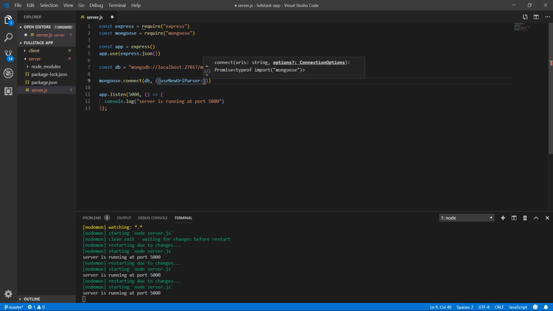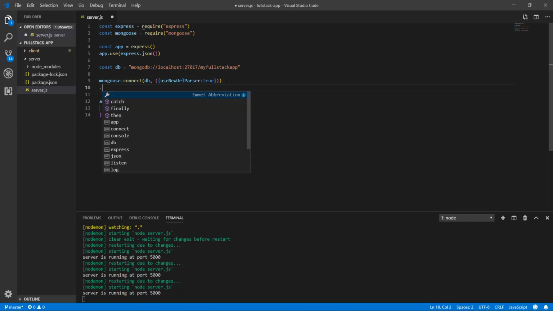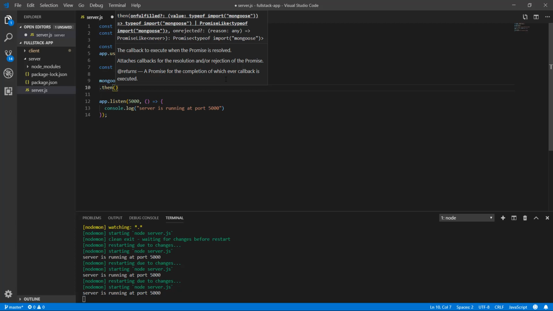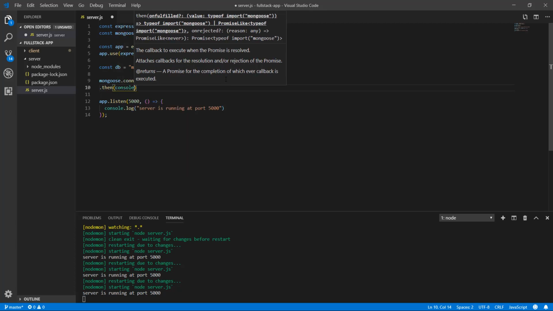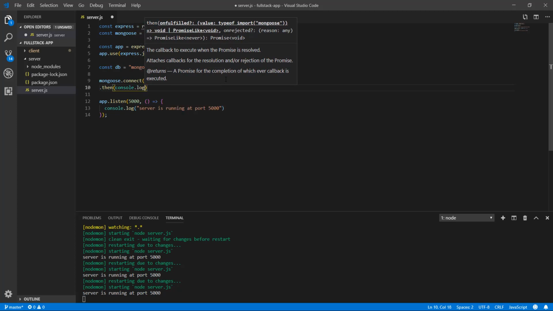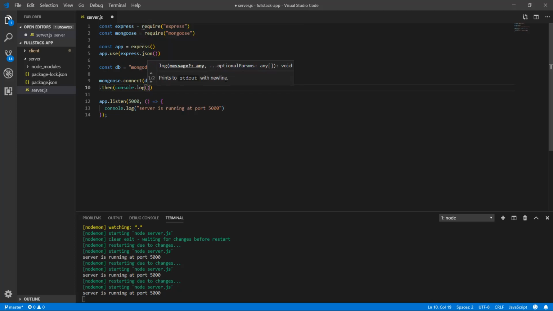You don't have to, but I'm just trying to avoid that deprecation warning in my console. So since this is promise based, we can do then once it is connected. So I'm going to do a console log,